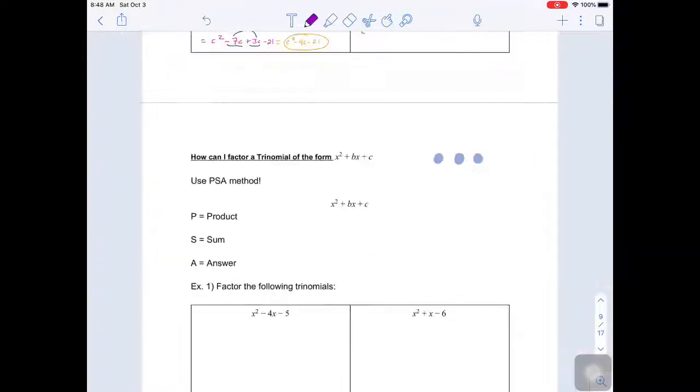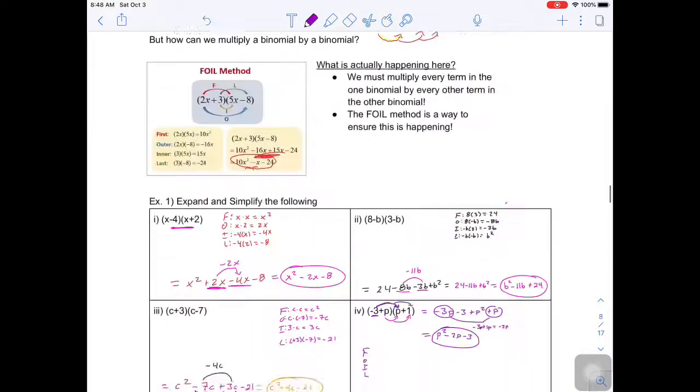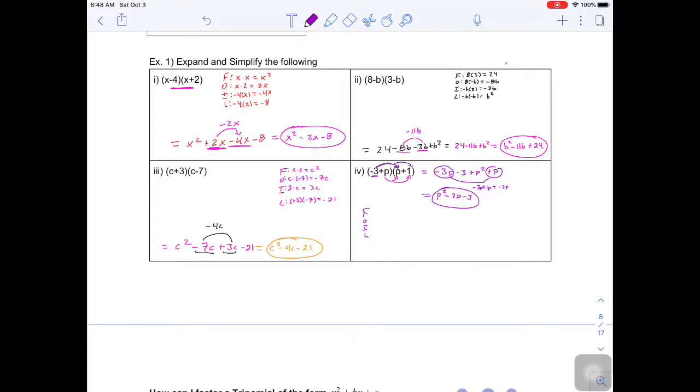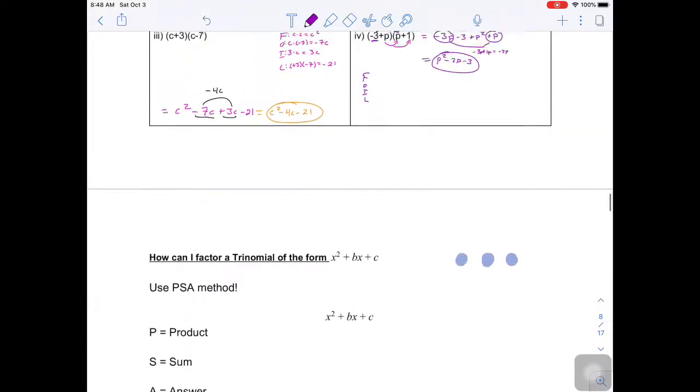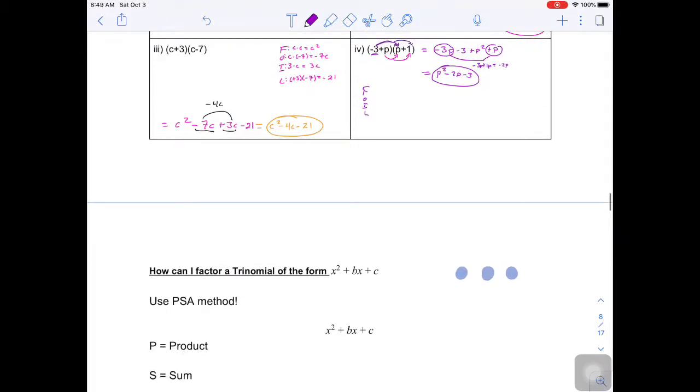So this is part 2 of 3.5. In the first part, you learned how to expand two binomials. Now we're going to learn how to factor this to get into these two binomials. So it's really important to understand, if we go above here and talk about this guy here,